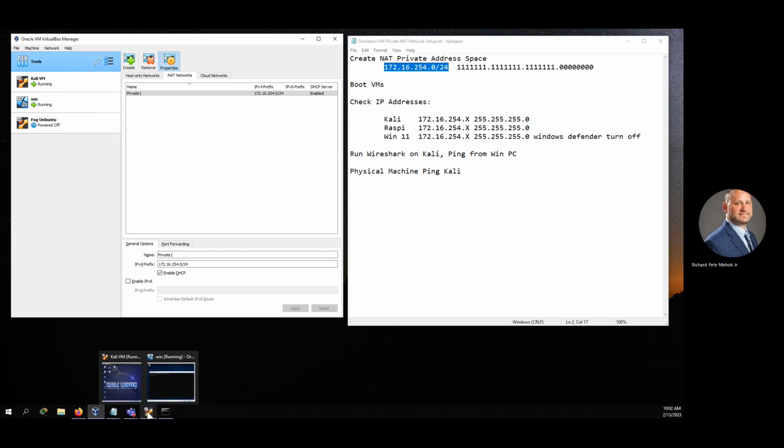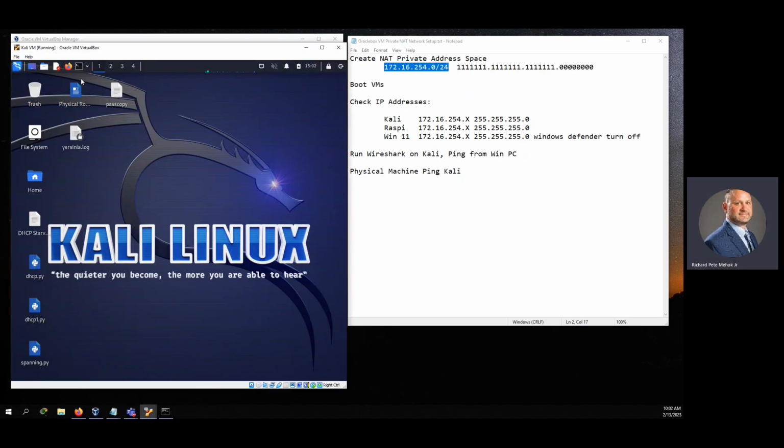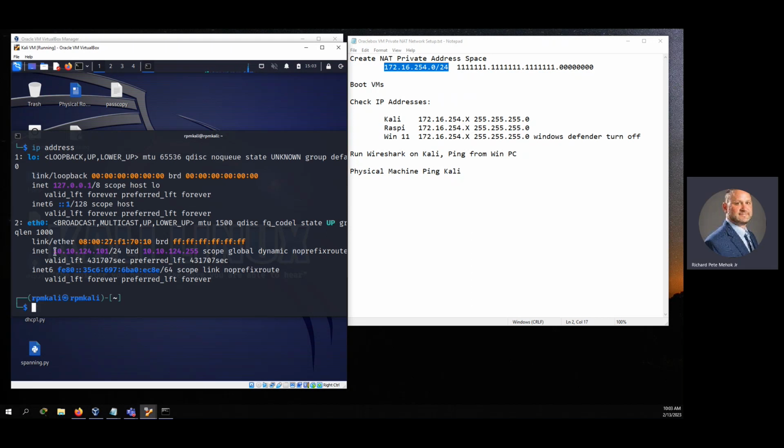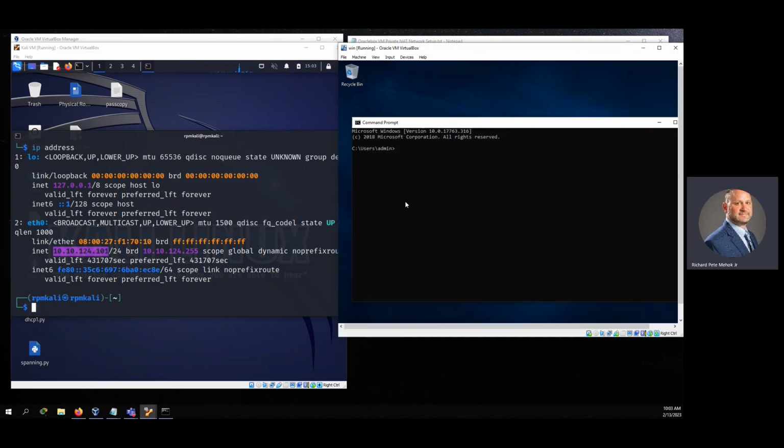So let's go to our VMs. Look at our IP addresses. So this is currently on my private network of 10.10.124. And the PC